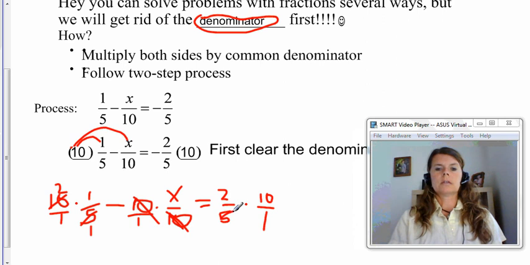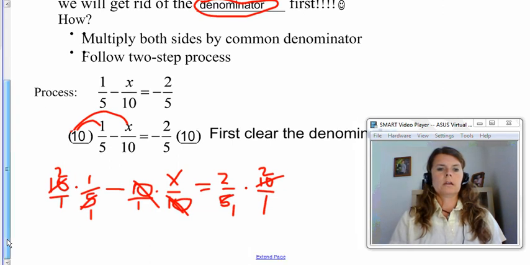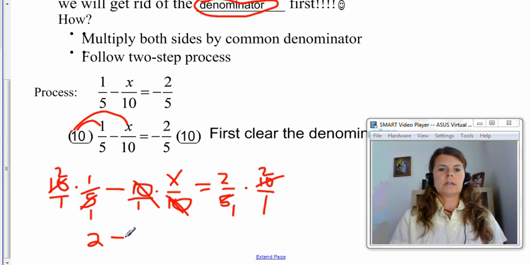Here, same thing as the first one. 5 goes into 5 once, that changes to a 1. 5 goes into 10 two times, that changes to a 2. So here, notice that the 1s are all on the bottom, so we can just disregard them, because whenever you get like 5 over 1, it's just 5. 10 over 1 is just 10, etc. You can disregard that 1. So 2 times 1, right here, is 2. Minus, right here you're just left with the x. The 10s canceled. Equals,